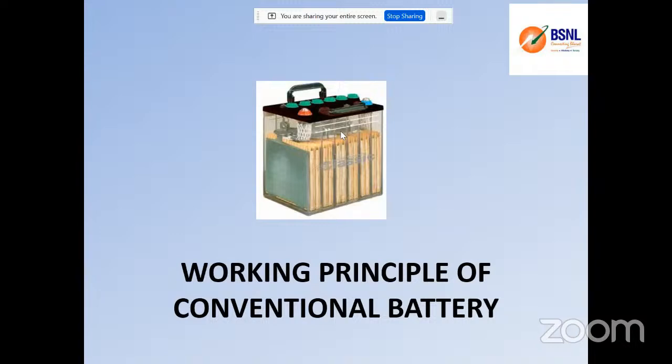Are we getting the differences? Whenever the loads are critical, which never expect a failure, the choice of our backup should be UPS, that is uninterrupted power supply. Wherever the loads are non-critical, even if small interruptions are allowed, it is never going to make any problem to the environment or the equipment. So our choice could be an inverter because of affordability. That is because of cost effectiveness, not because of the technology. So clear, sir?